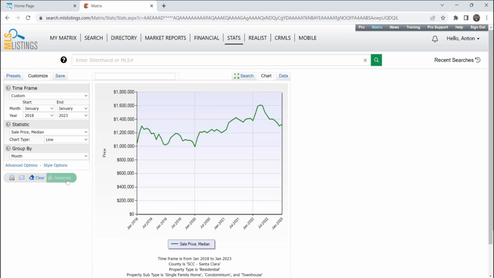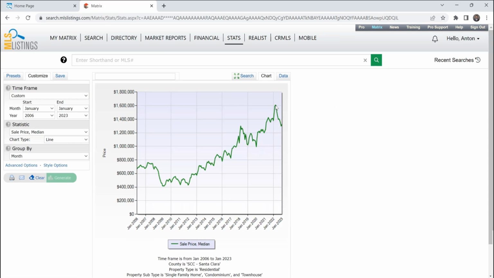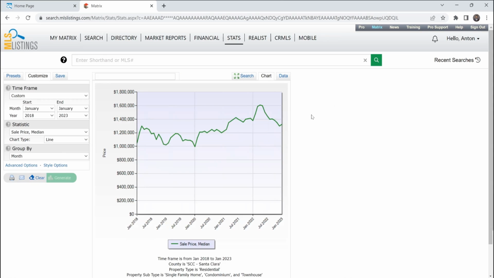See, that drastic decrease that we've seen on that 3-decade chart is pretty drastic, but it doesn't seem so scary here, right? Let's zoom back out and I'll show you that drastic decrease there. You have 1.6 in April of 2022 to a 1.3 in December of 2022. Let's zoom back in. There it is. We'll generate that.